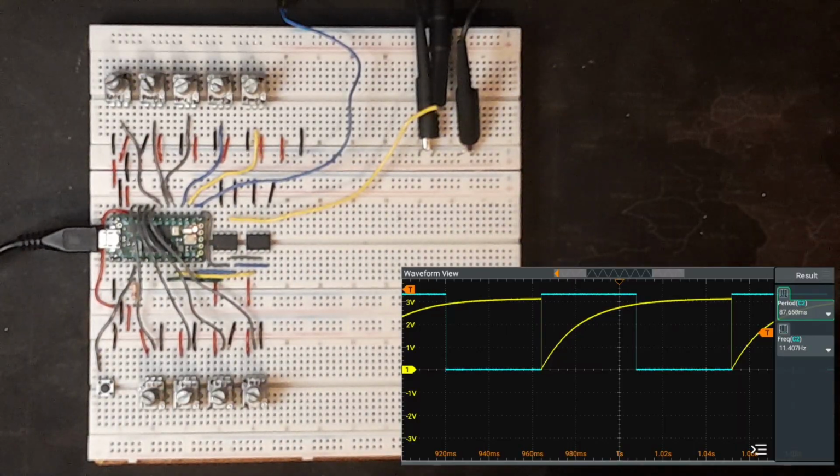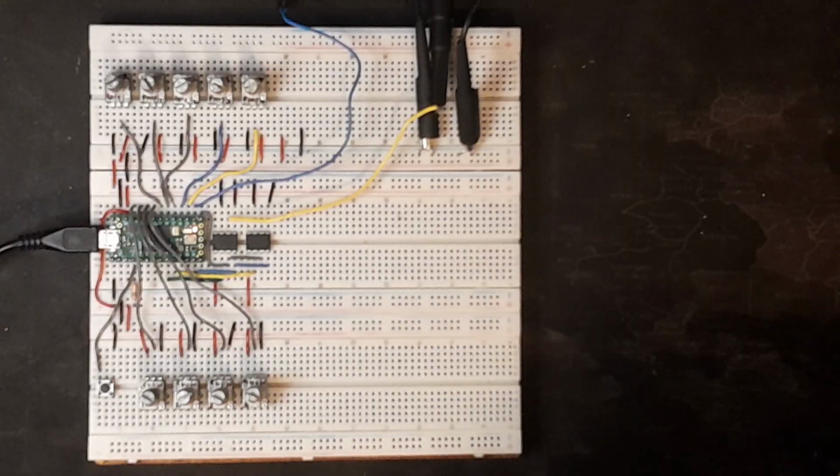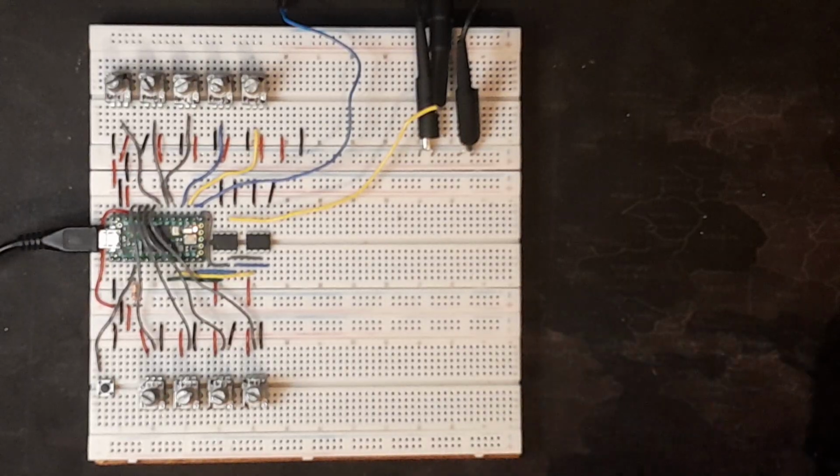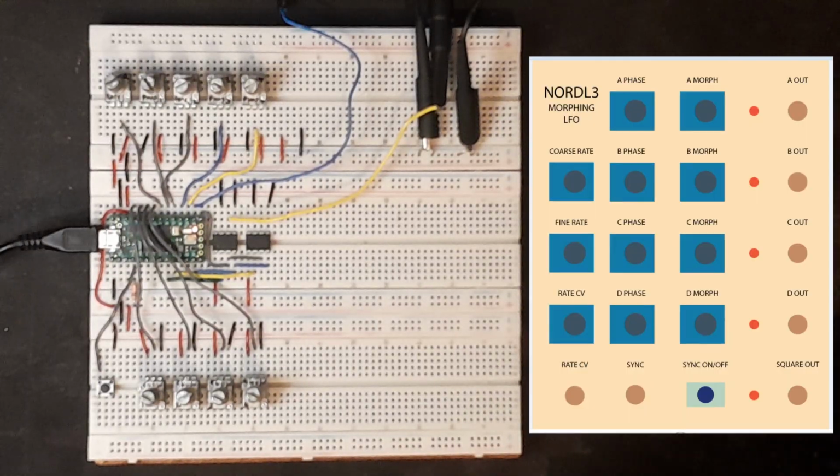So here's the panel for the Eurorack module. These blue things are all pots, so I'll have a coarse rate control, a fine rate control, and then we'll have a CV input for the rate, which this will be the amount of CV.